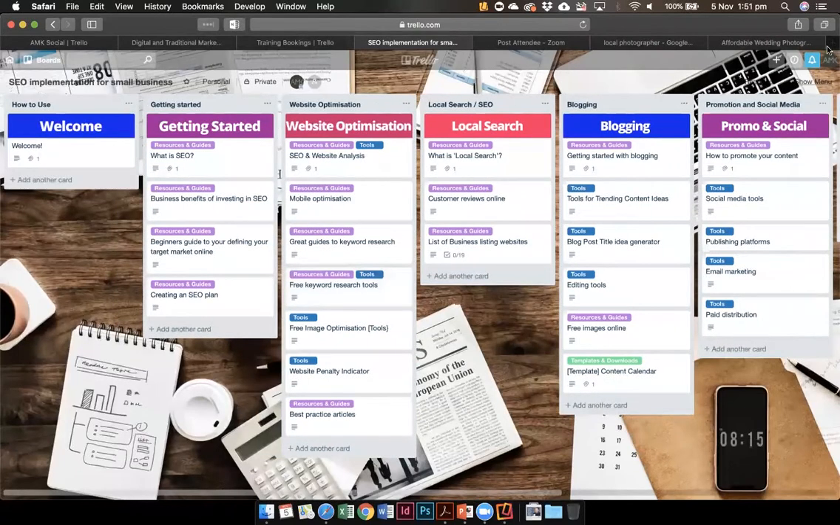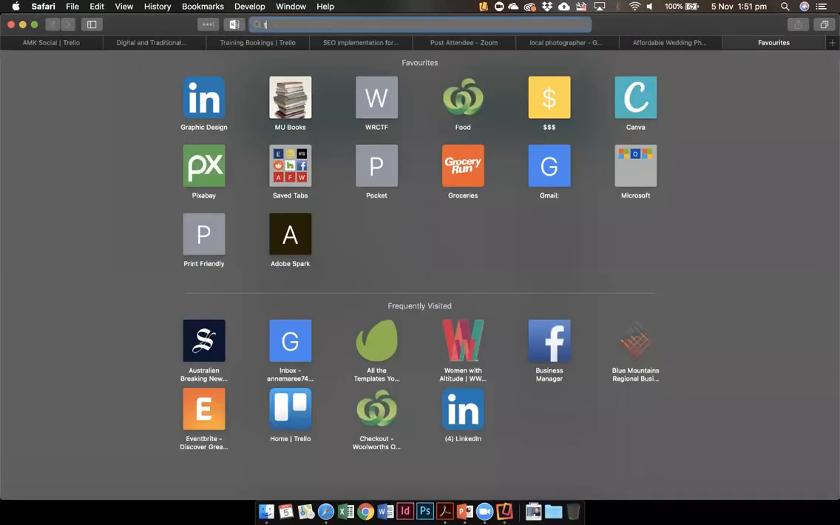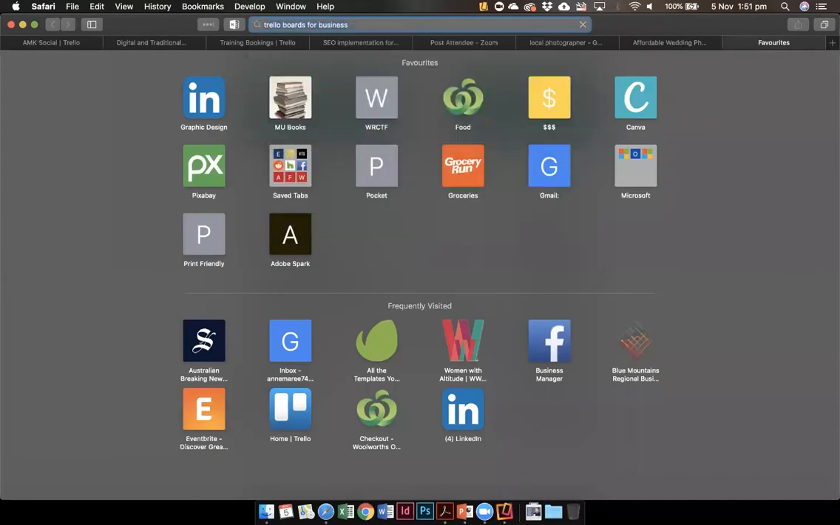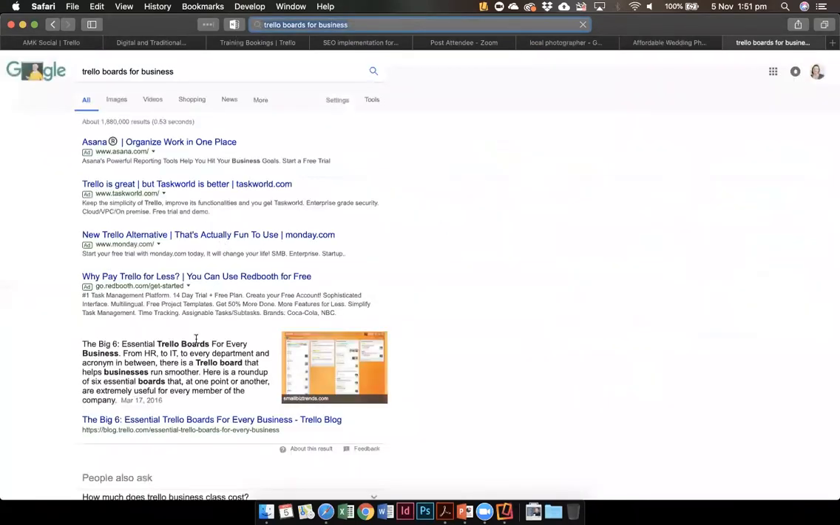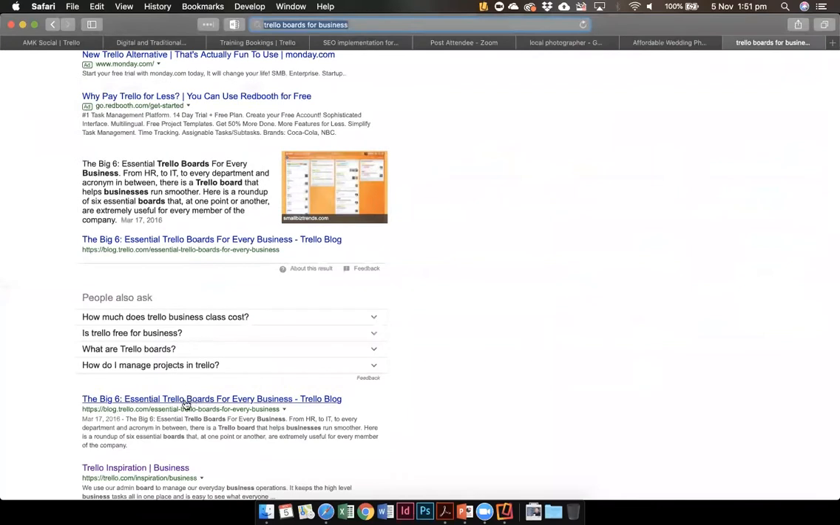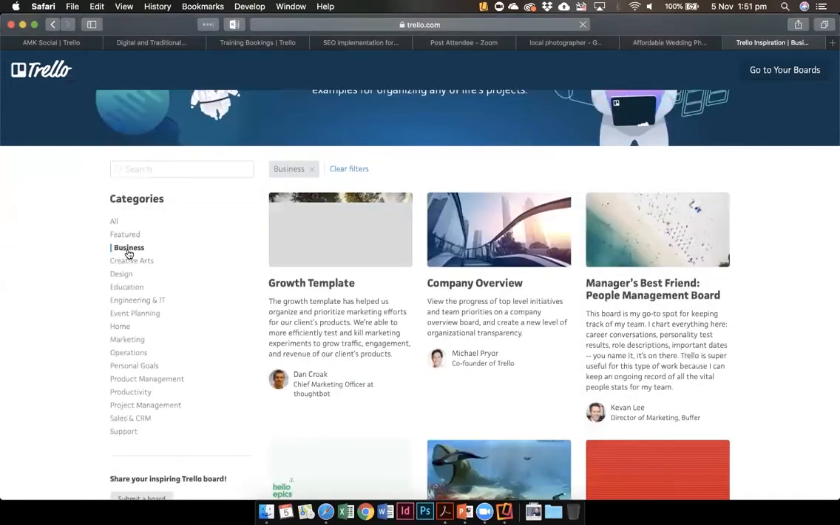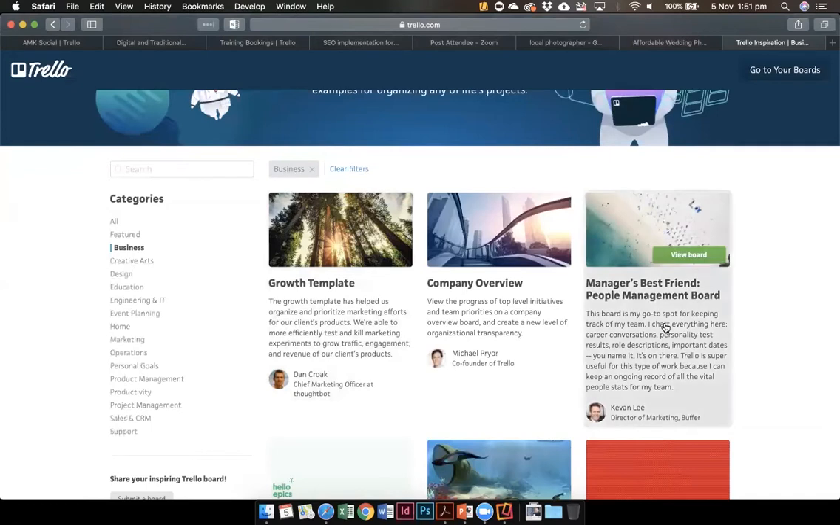So if I was to go Trello Boards for Business as my Google search and have a bit of a scan down. Okay, we've got here Trello Inspiration. We've got businesses. You can see the categories down the side here. So we've got business, creative, engineering, event planning, marketing, operations. There's a whole range here. If I went into the people management board,